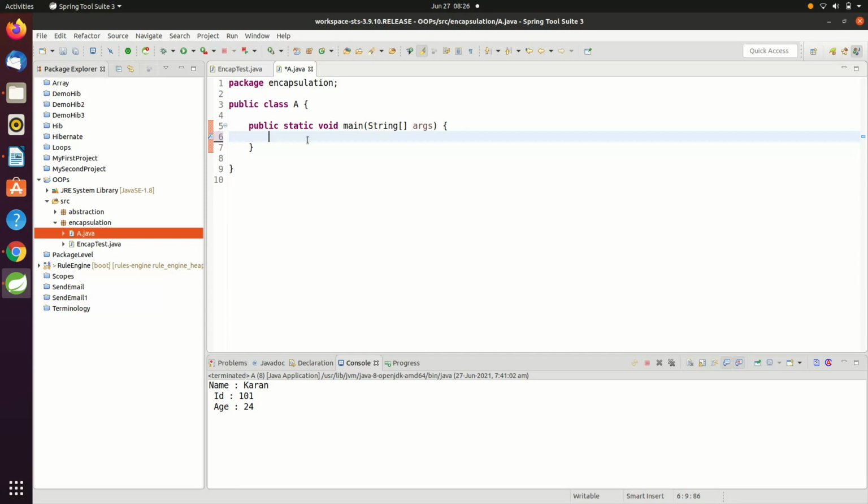How will you do it? You will need to create an instance of class EncapTest. So let's instantiate the EncapTest class. I'll give the reference name as encap.